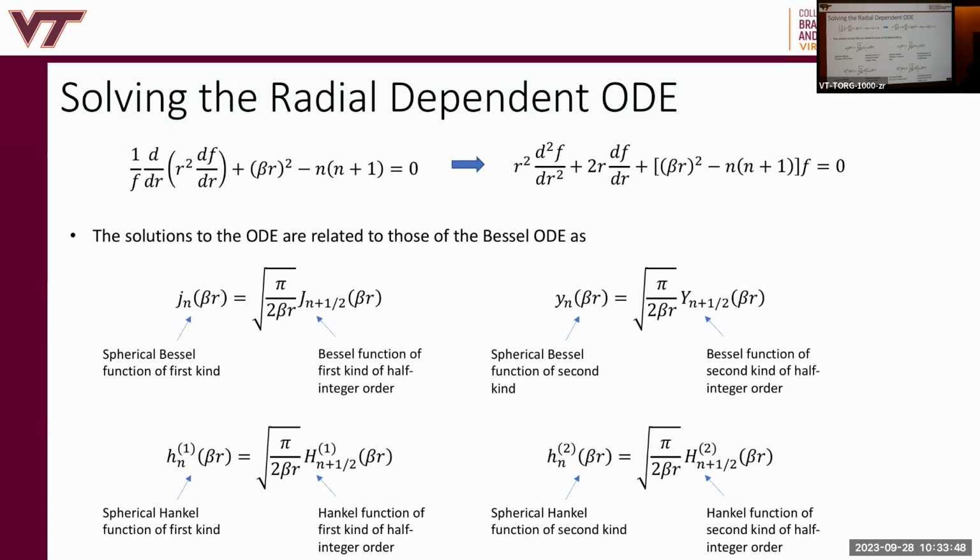So the circumference of a circle grows with respect to the radius as proportional to the radius, right? The circumference of a circle is 2 pi r. So the circumference grows proportional to r. And the power then has to decay with respect to r. The power is the product of the two fields, E and H. So individual fields, E and H, have to decay proportional to 1 over the square root of rho. Because when I multiply them, I get 1 over rho. And that makes the power conserved independent of the circle's radius that I integrate the power density over to get the power. Right? I saw that at last lecture, right?